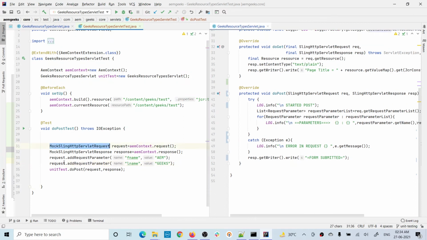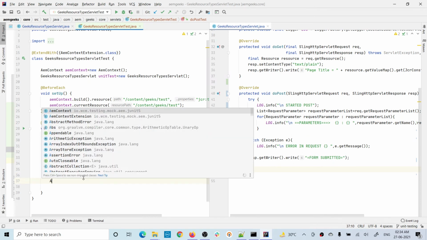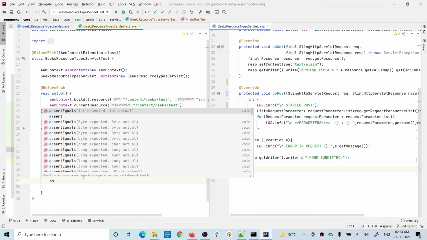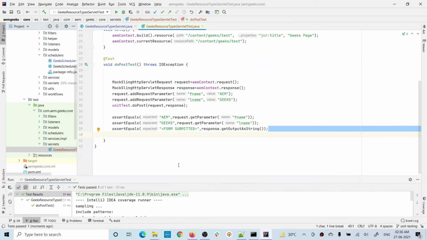So now you created the request and you call the post method. Now what are you supposed to test through assert? First is the response. When the form is submitted, it will give a response like "form submitted". So you can test this: if this is returned, that means it's correct. You can also test the form data. You can come here, make an assert, and check what the value of this is in the request. That way you can test. So let me write some asserts. Now let me run this method.